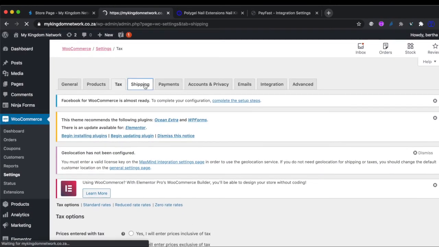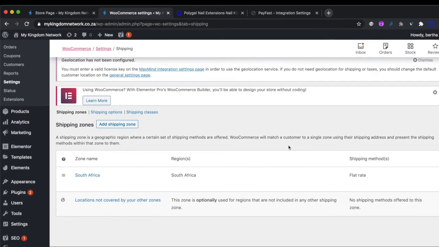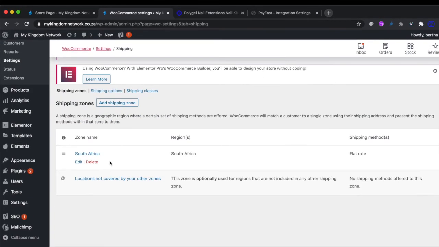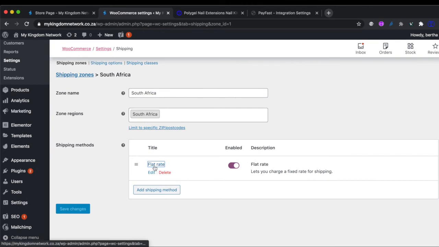Okay, shipping, I have one flat rate in South Africa. Okay, let's just review that again and make sure that this is also in rands. This is the flat rate that we entered, it is 150. Save changes. Okay,